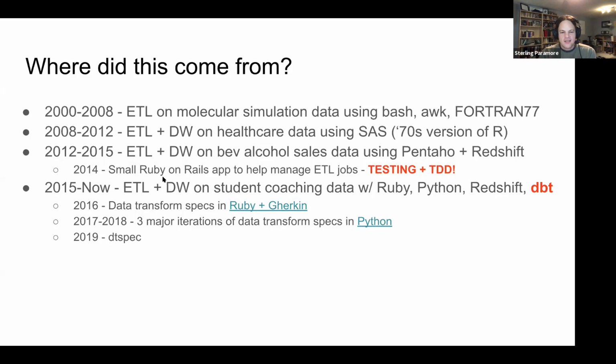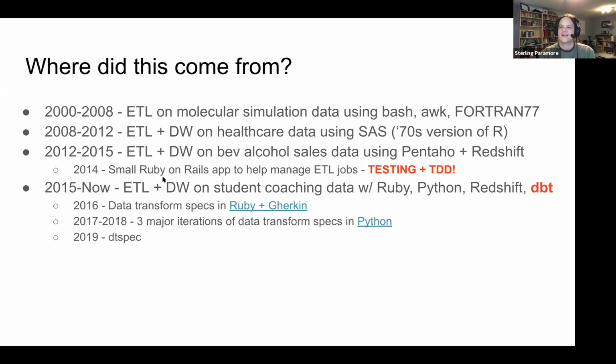And one of the things that really blew my mind when I started on this web app project was this whole concept of testing and test-driven development. It was really eye-opening to see that the web application side of software development had been automating the tests that they would run on their code for quite a while up to that point.